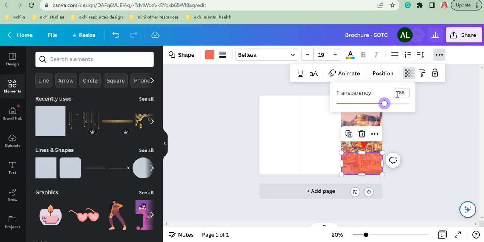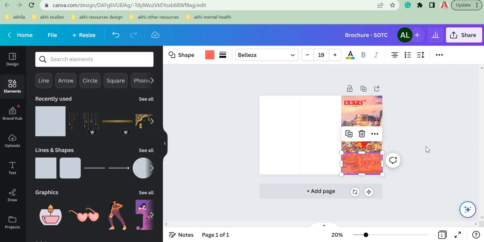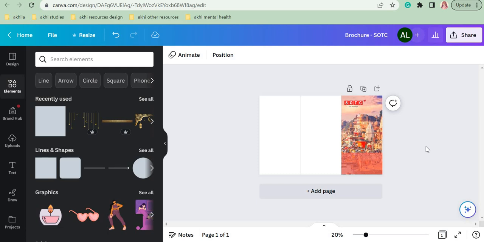So you can see there is a number also here. This is at 100. When you first click on this button, you will see it is at 100. But when I bring this to left, you can see the number is also changing. Okay, now it is at 63. So I suggest you bring it anywhere between 50 and 70. Okay, anywhere between 50 and 70 is fine. So this is at 66 now and I'm keeping it like that. Now you come out of everything. Okay, so that's cool, na? You have brought a rectangle and you have also changed the transparency feature.